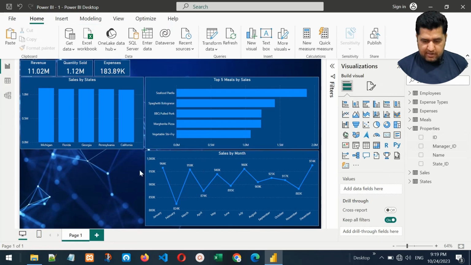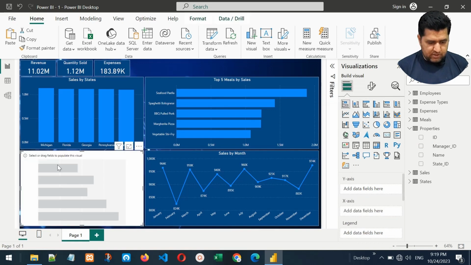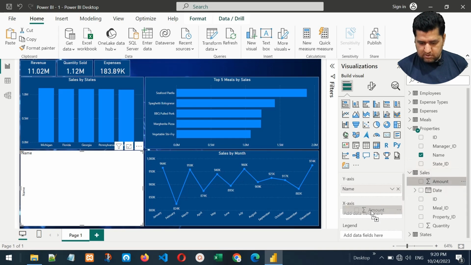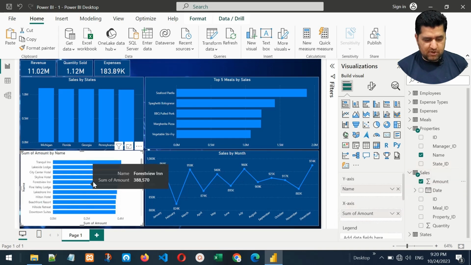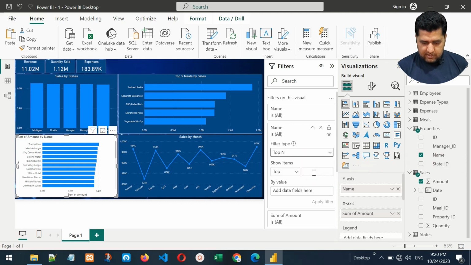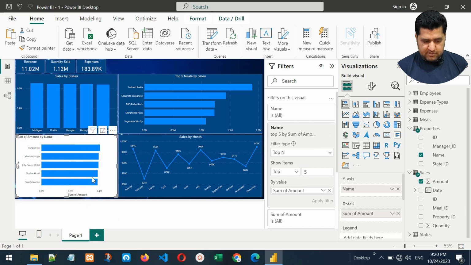So let me again add a chart. Let me add this bar chart again. It will appear right here, and let's change the settings. In the Y field I want to add the name, and in the X field I want to add the sales amount. So this is how the chart will appear here. Let me select this and filter the data again. Let's add the name in the data field section. Select Top N, and we want to see the top 5 by sales amount. So if I add this and apply the filter, we will only see the top 5 properties, the top 5 hotels